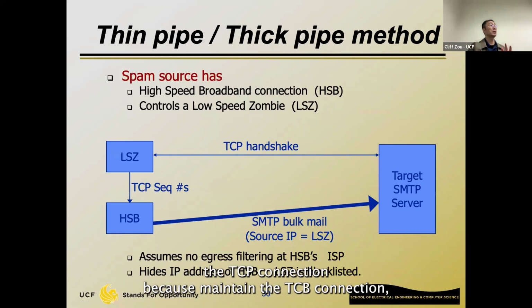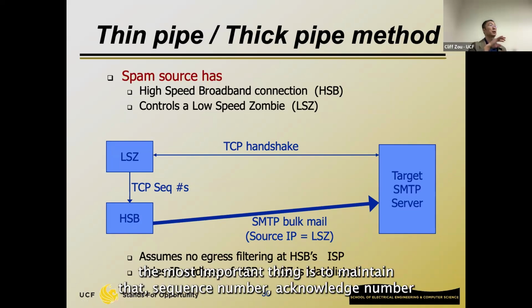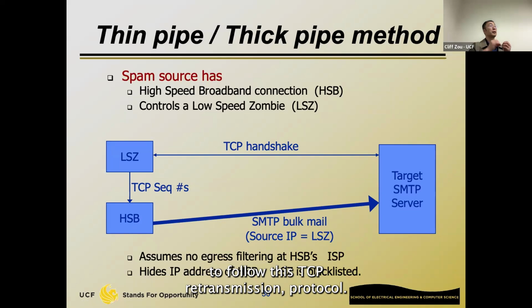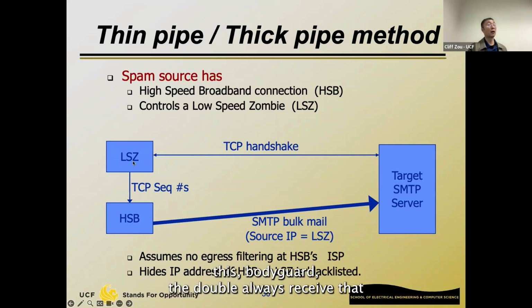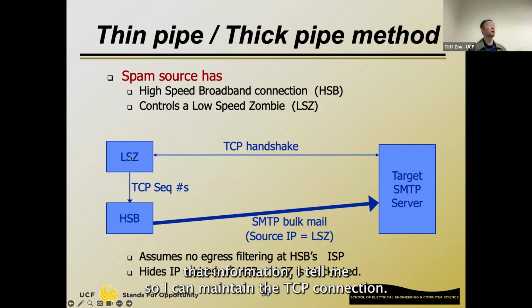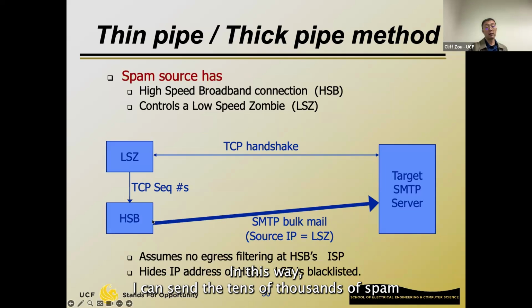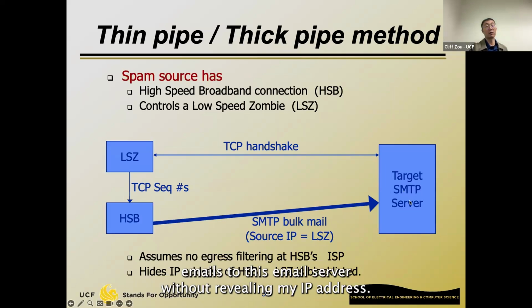Because to maintain a TCP connection, the most important thing is to maintain that sequence number and acknowledgement number, to follow this TCP retransmission protocol. So even though I cannot receive that information, this bodyguard, the double, always receives that information and tells me, so I can maintain the TCP connection. In this way, I can send tens of thousands of spam emails to this email server without revealing my